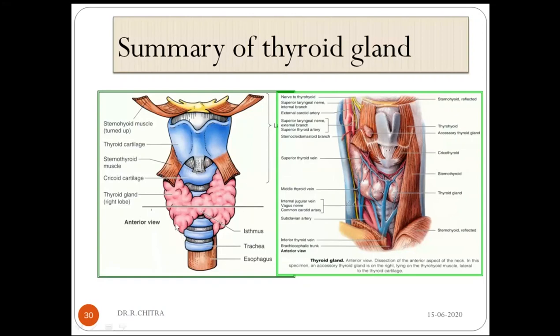The thyroid gland is an important topic for surgically oriented students, because if you become surgeons, the main surgery in the head and neck region which general surgeons will be allowed to do is only on this thyroid gland. So you should first know how to recognize a thyroid gland swelling, how to investigate it, and what the surgery is called if you remove the thyroid gland: thyroidectomy. So this completes this class.